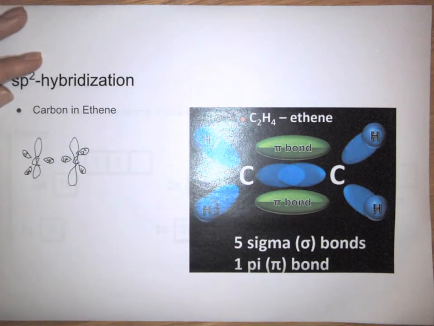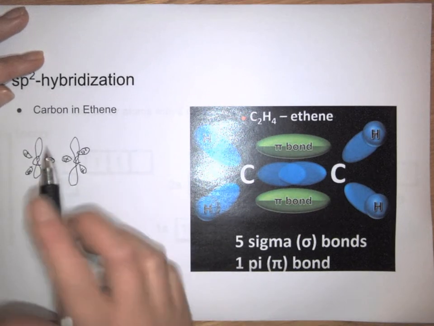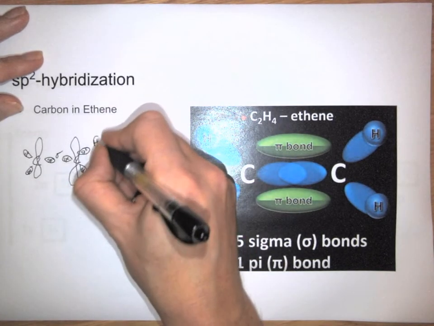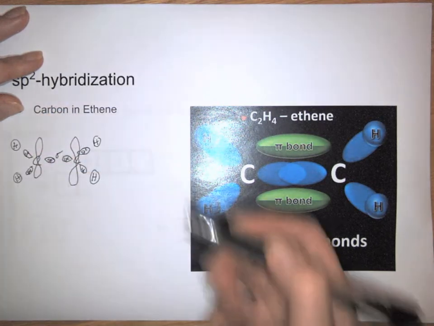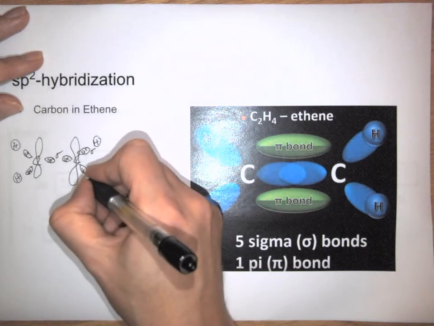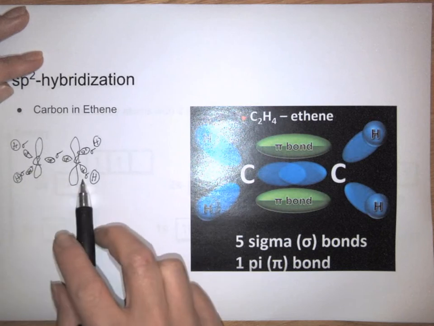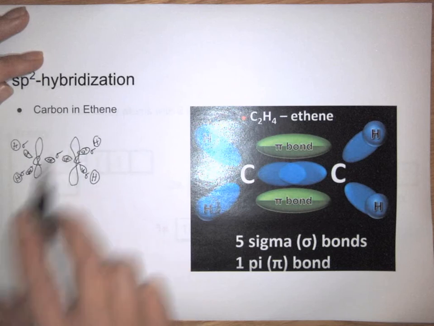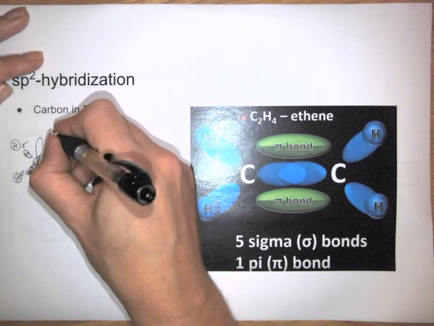So what will happen here is that we have the possibility to create a sigma bond between the 2 carbons, between the sp2. So here we have a sigma bond. We also have hydrogen here and here and here and here. That will create a sigma bond between the hydrogen's s orbital and the sp2 like this. And then we have 2 p orbitals, and here we can see the overlap that will have the electron density over and under,